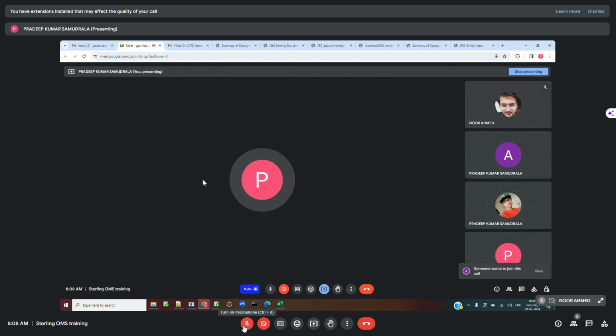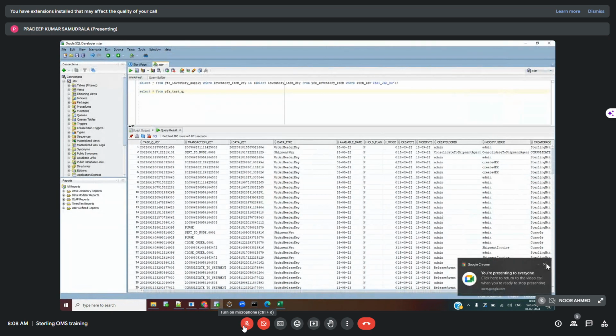Pradeep, we have hundreds of orders in created status, and we want to pick them and move to scheduled. In that case, which agent is responsible? It is the schedule agent. Like, for example,